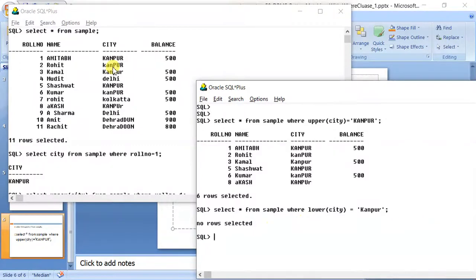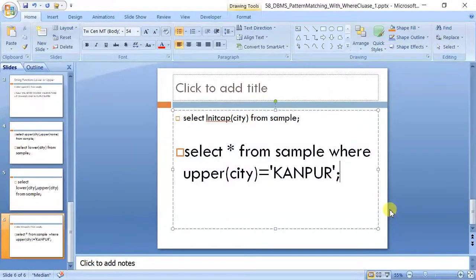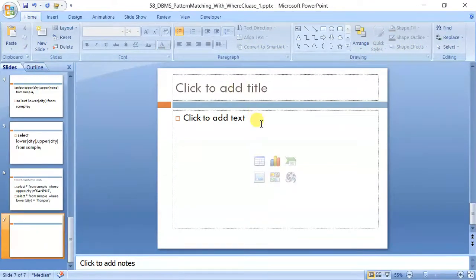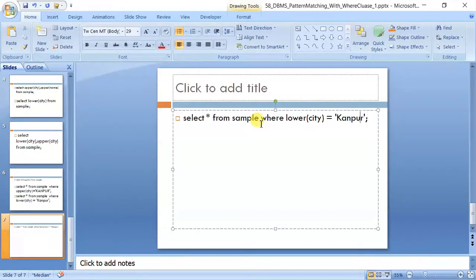Because first of all, every record was converted to lower, but it was tried to match with capital K and the rest small. It does not match with anyone. So if you want to use lower, then you need to change your matching pattern also. You will have to convert it into a small kanpur.